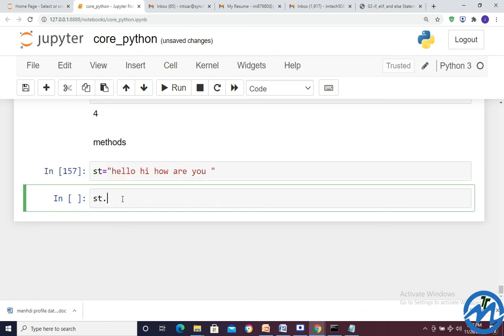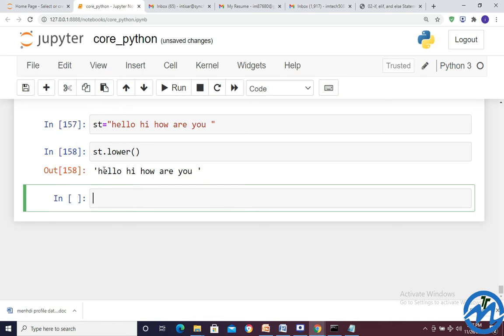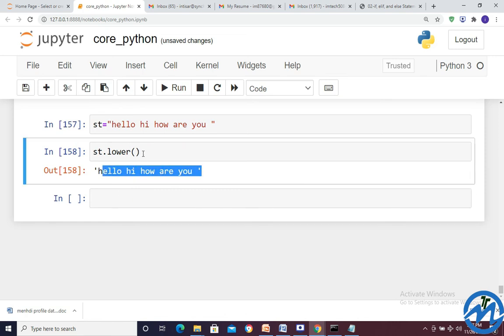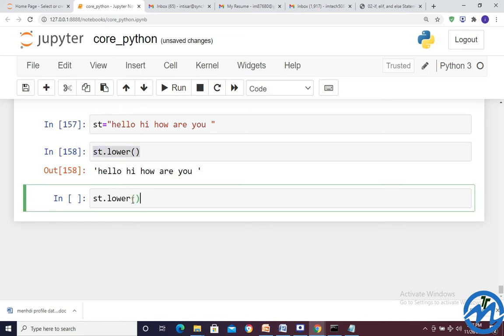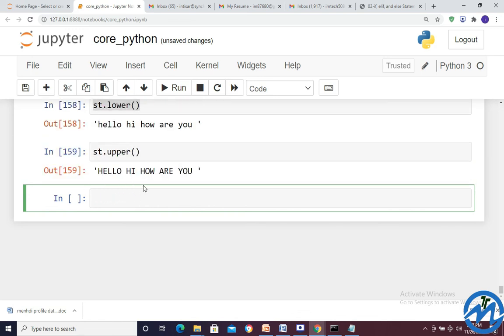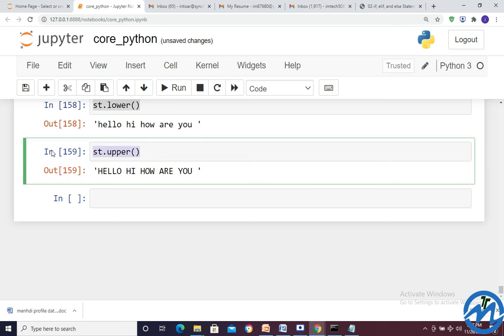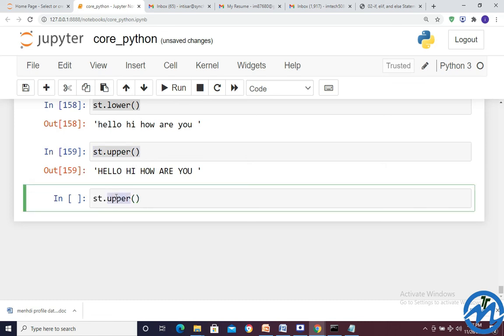So st dot lower, and we got hello, hi, how are you in lower format. Upper, st dot upper, so we got hello, hi, how are you in upper. Suppose I wanted to split all the data, st dot split, so we got the splitting also.